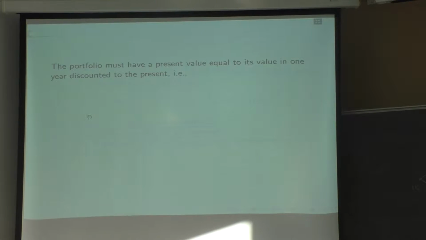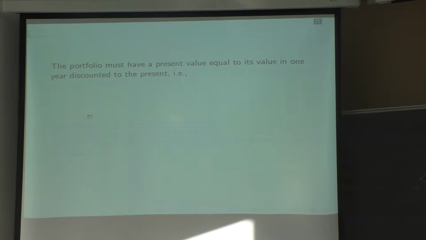Okay, so what is so good about that? So we have an asset now, this portfolio, whose price is known for sure to be £4.5 in a year. And we had a homework problem that said, if you have an asset whose price is known in advance, then the price now of that asset is the present value of its price in the future.